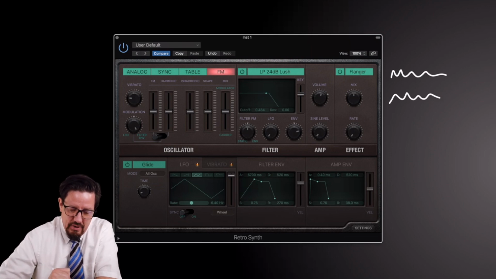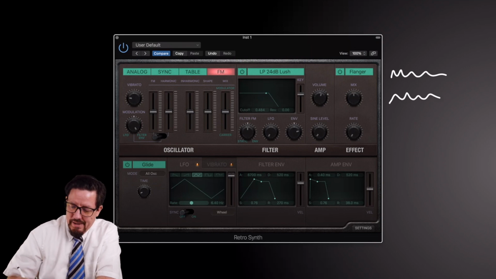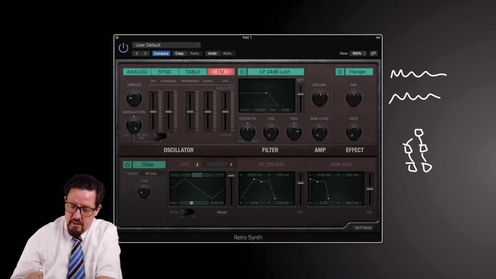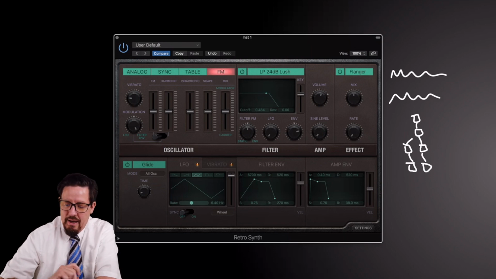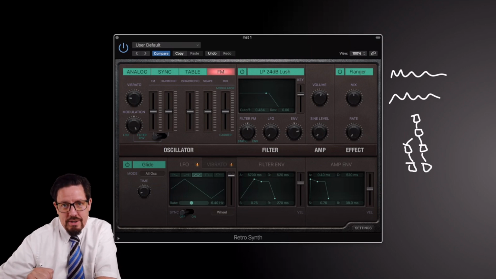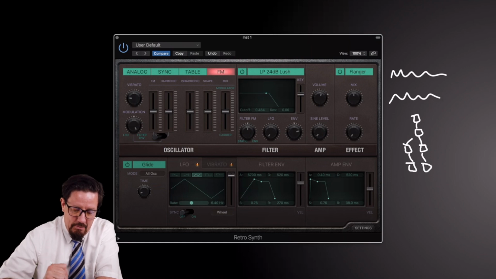And so we have this interesting implementation. With the DX7, we had 6 operators and little shapes. I'm drawing this out that told us how to use them and what they were doing. In this case, we don't have all of these different operators. We just have the basic